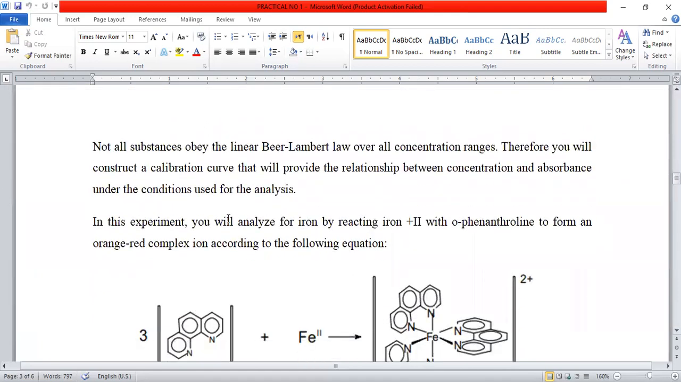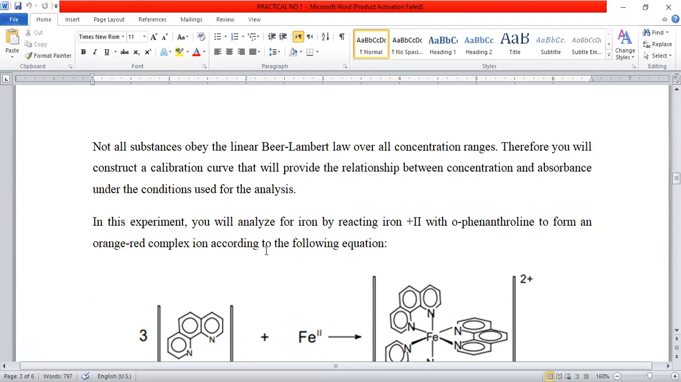Not all substances obey the linear Beer-Lambert law over all concentration ranges. Therefore, you will construct a calibration curve that will provide relationship between concentration and absorbance under the conditions used for analysis. In this experiment, you will analyze for iron by reacting iron 2 with o-phenanthroline to form an orange-red complex